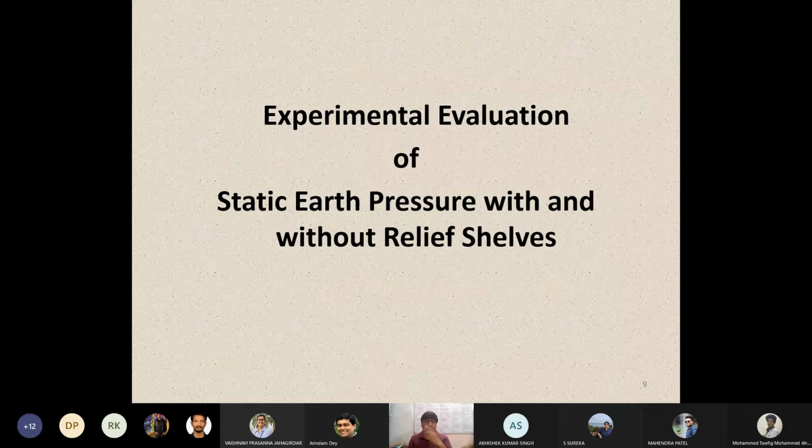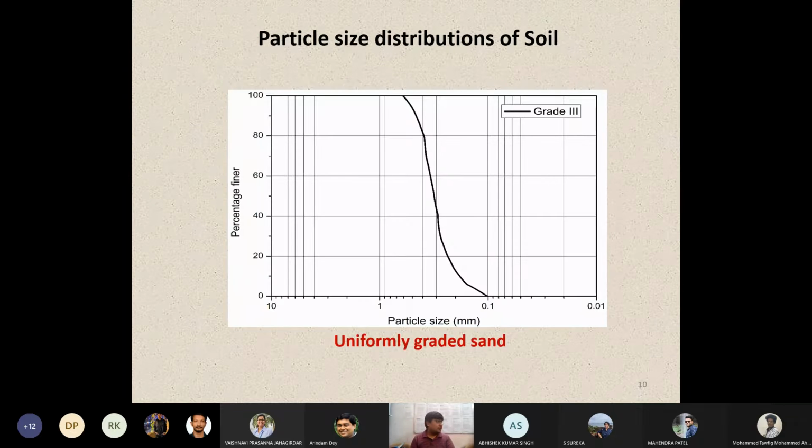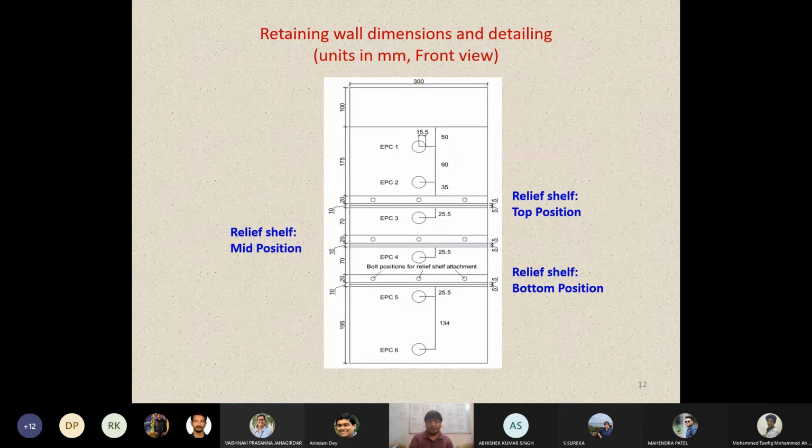Now, I have subdivided my overall analysis into three segments: one related to the physical model test, another to numerical analysis, and the third an analytical model. Starting with the experimental evaluation, I used a small-scale model test of 0.6 meter height. I did some experiments, and I'll show you what I got. I used a uniformly graded sand for this study, having these physical properties, and these are the frontal views of the wall. I'm showing this because many interested students doing PhD and masters will be using